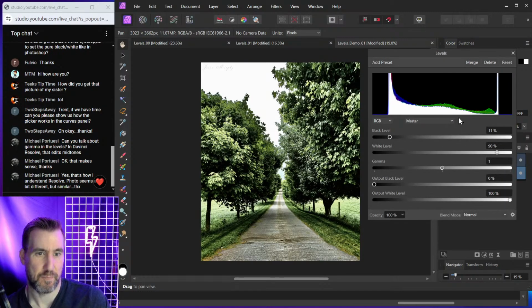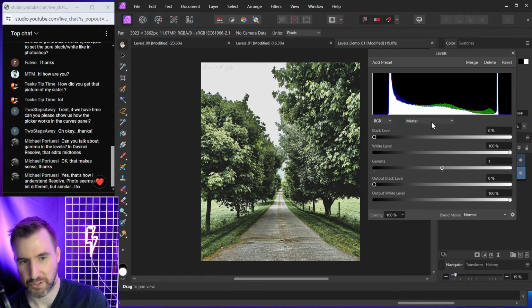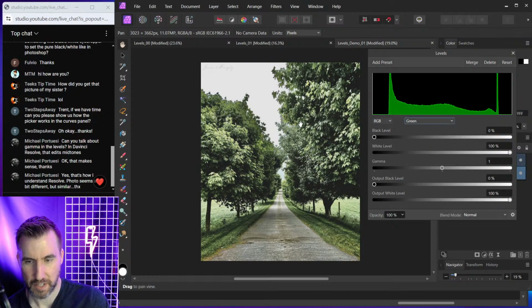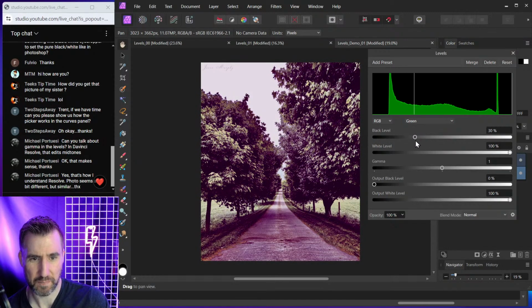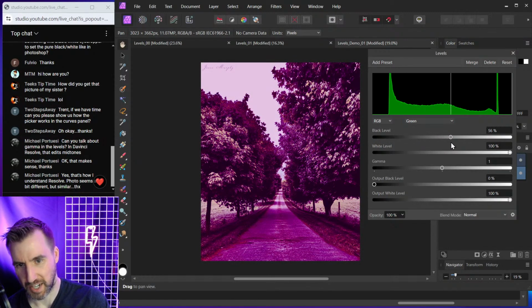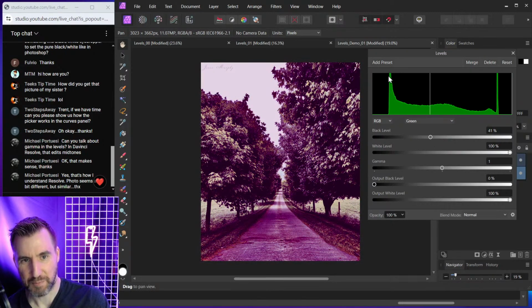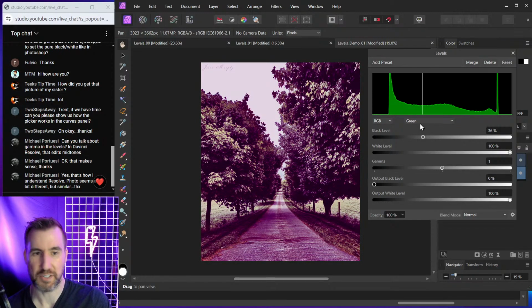And just like the curves, you can also just do channel by channel. So if I want to do the red, if I want to do, let's say green. So we have lots of green here. If I want to make a magenta, I believe I bring up the black level. Yeah. So you can do it channel by channel if you want. When you do this, what essentially you're doing is I'm taking all the green and I'm making it black, and that's causing it to shift more towards the magenta side of things. That's that complementary relationship between green and magenta I talked about